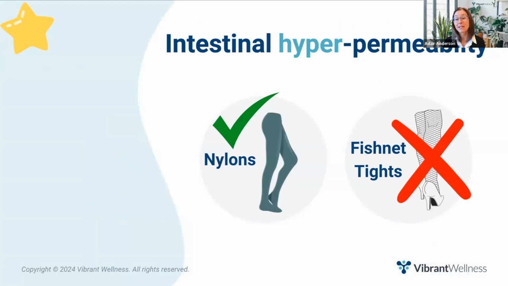Finally, I'd like to spend some time exploring the root causes of intestinal hyperpermeability, commonly referred to as leaky gut. To begin, let's establish that everyone's GI tract is semi-permeable. The mucus lining of your intestine is designed to absorb water and nutrients, but some people have increased intestinal permeability. This means their gut barrier lets in more than just water and nutrients, allowing undigested food and bacterial components through the barrier in direct contact with the immune system and sometimes into the bloodstream. A way to think of permeability is that we want our digestive tract to be like nylons, but not fishnet tights. And all three types of dysbiosis we've discussed so far can contribute to intestinal hyperpermeability.